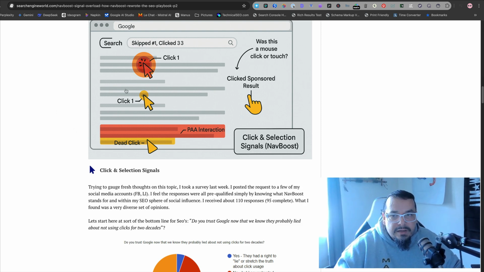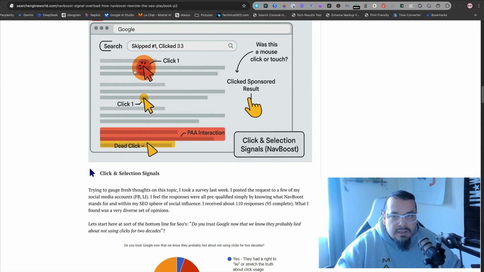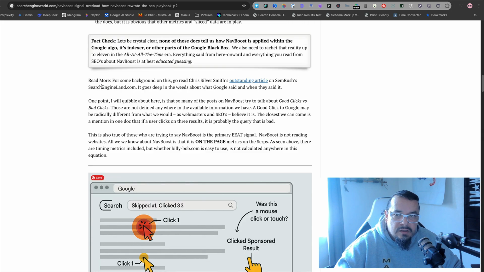You can leverage CTR by just ranking here and getting more clicks, and that'll bounce you up all by itself, and you can save a little bit of money versus trying to get the number 1 spot through link boosting and on-page optimization. So it's a little bit easier in high traffic keywords to accomplish that. But that's all encompassed under NavBoost.